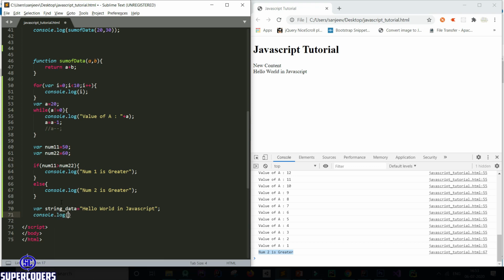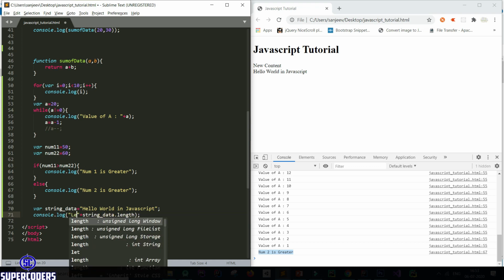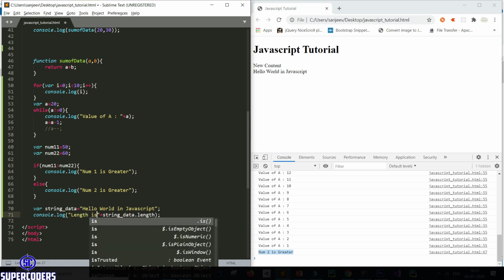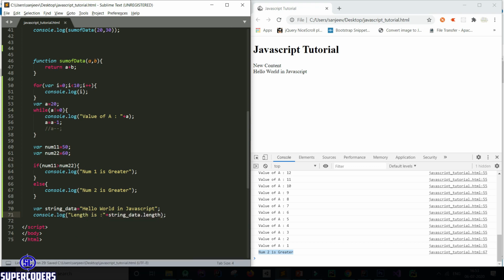So let's find the string length. So printing string data dot length. Let's add plus, which is concatenate. Length is, so you can see our string length is 25.